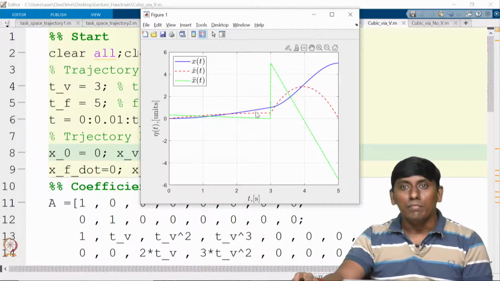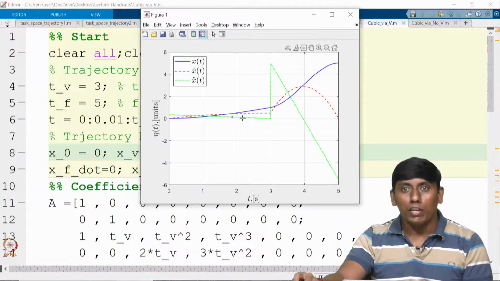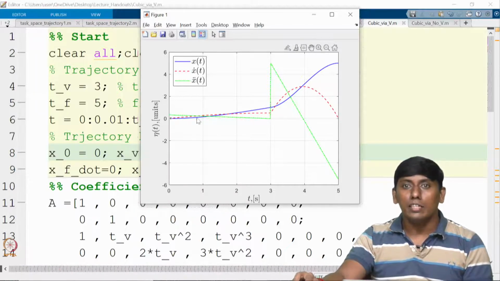You can see the cubic polynomial in the first 3 seconds is very smooth, then another smooth one. The velocity also goes like this and then continues. However, the acceleration is very small but suddenly jerks because you have given the second profile.